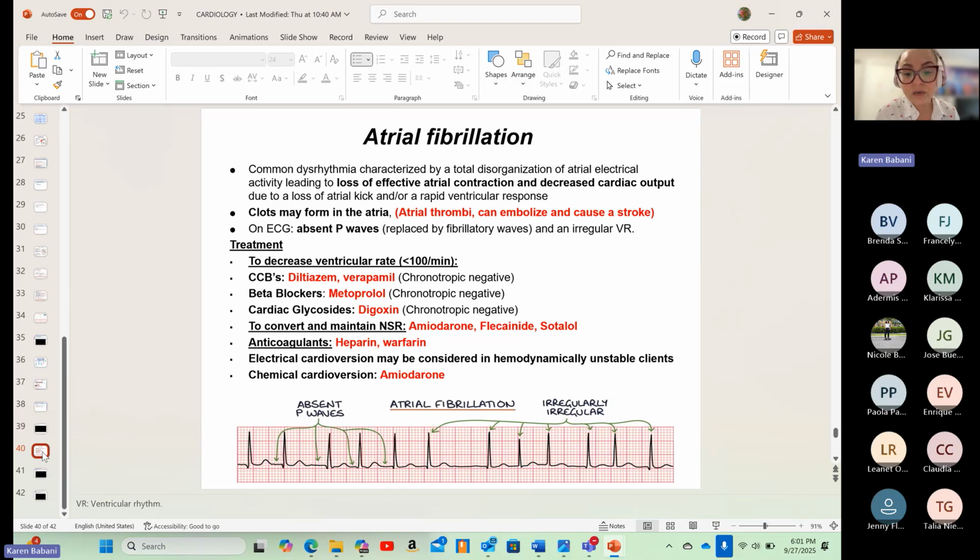have regularity, meaning their rate is regular. As you can see here in this EKG strip, there's irregularity. You know, this beat comes at a certain rate, and here it takes a little longer, and here a little longer, and here a little shorter. It is irregular. We'll talk about